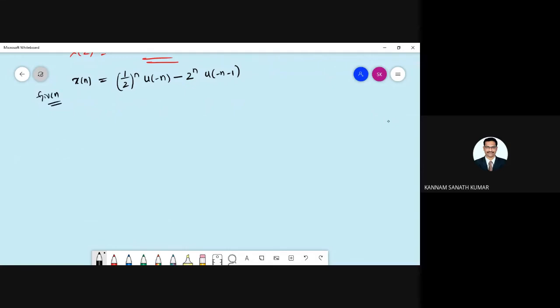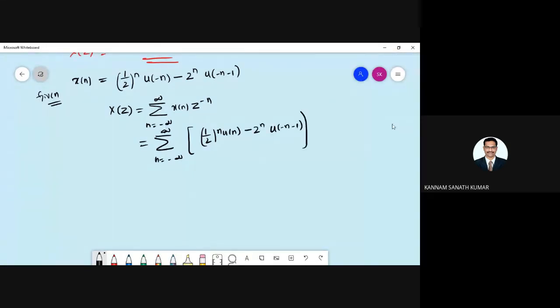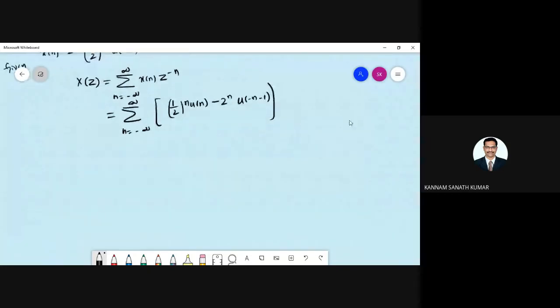So what is X of z? X of z equal to summation n equal to minus infinity to infinity x of n into z power minus n. So this is equal to summation n equal to minus infinity to infinity of (1/2)^n u[n] minus 2^n u[-n-1] into z power minus n. I substituted this. So as you have seen in the previous